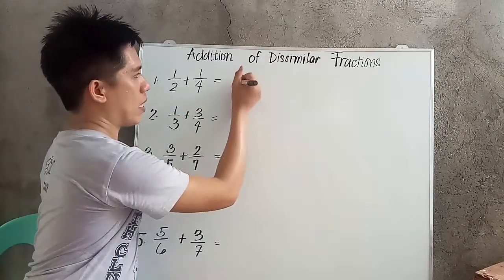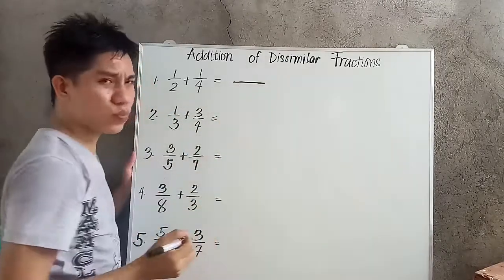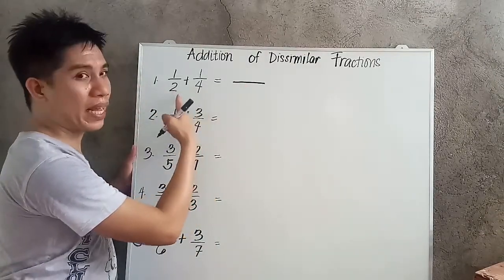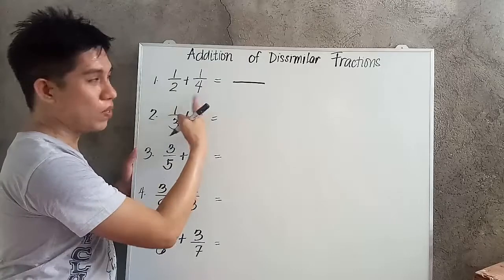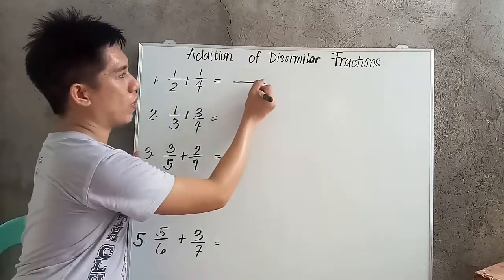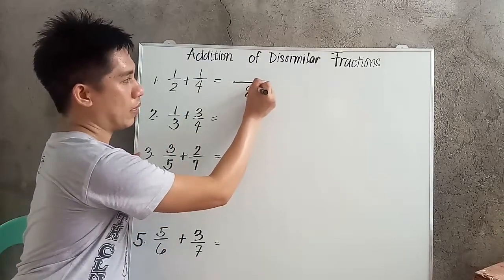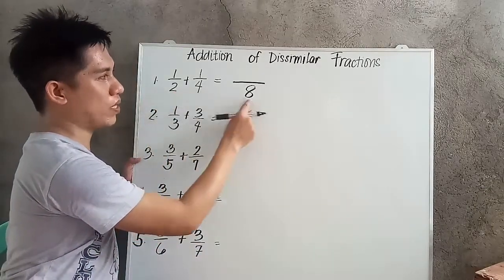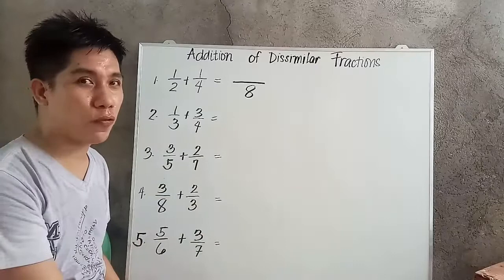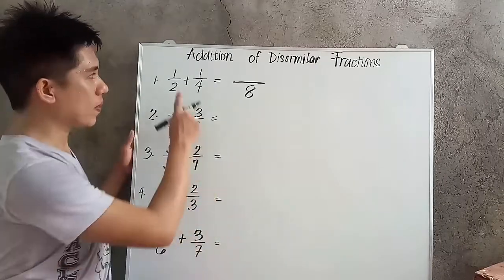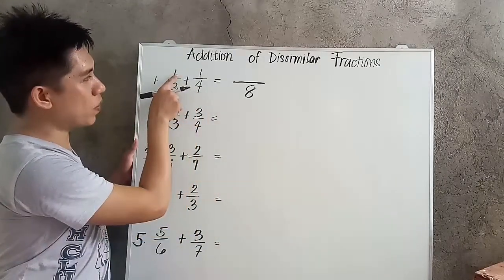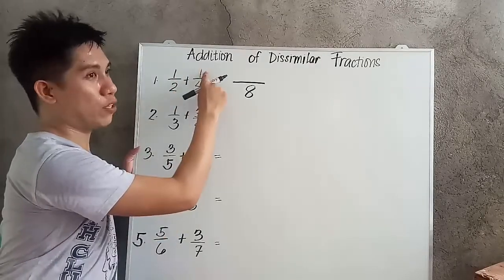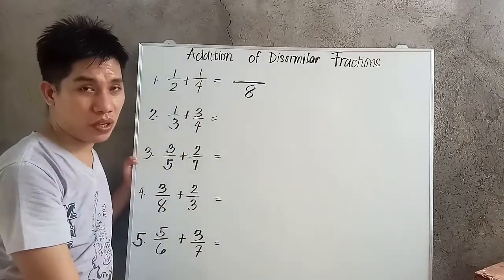So we will draw a fraction bar. Then right after, we will multiply the denominators, the 2 and 4. 2 times 4 is equal to 8. Next, we will cross multiply. The numerator will be multiplied to the denominator of the other fraction, and the denominator will be multiplied to the numerator of the other